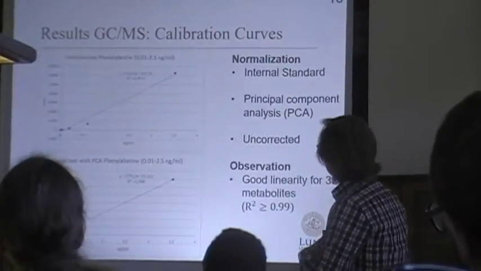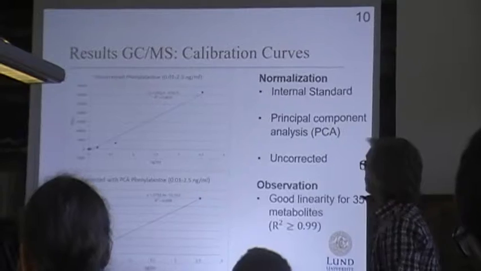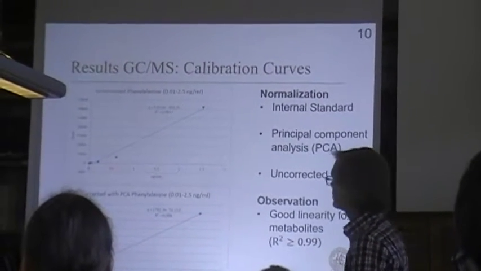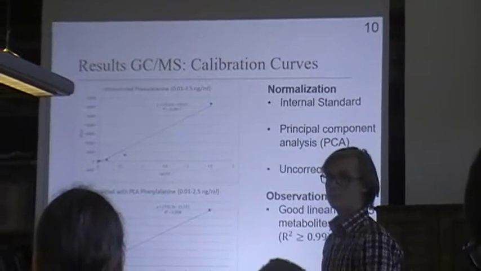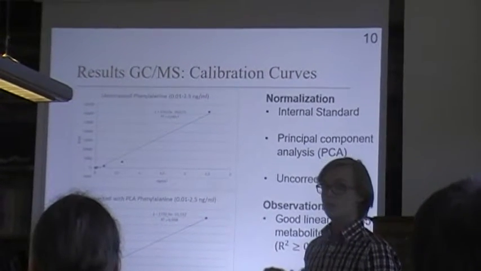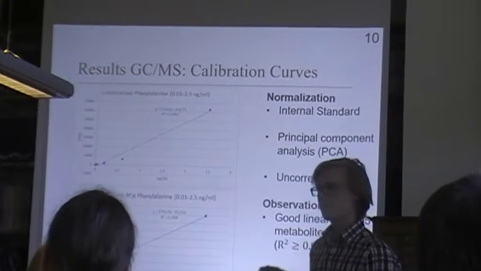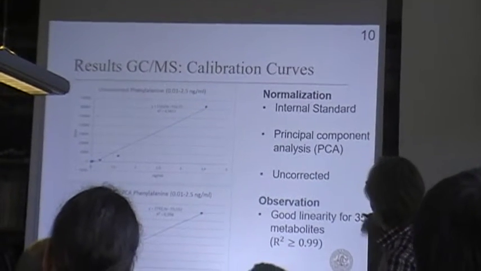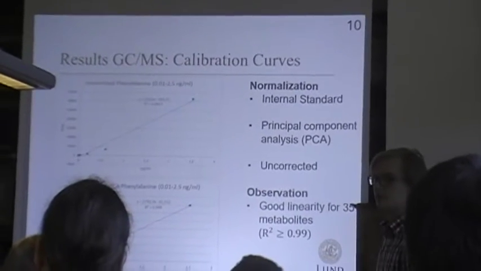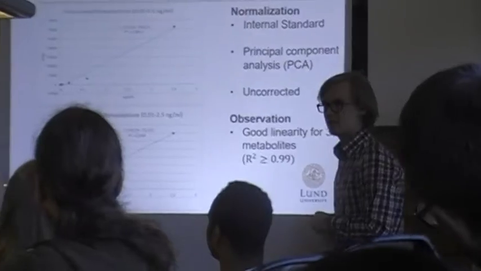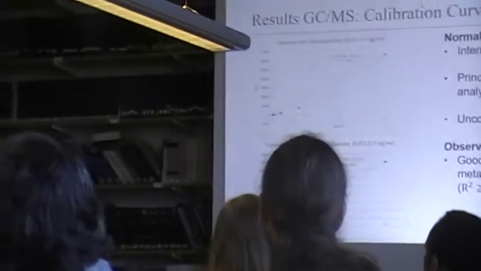We can also take a look at results obtained from the calibration curves, and it became quite obvious early on that the obtained integrated peaks for each metabolite would need to undergo some kind of correction procedure through different normalization techniques. The ones I would use is either internal standards, if I had it for the metabolite, scores from a principal component analysis, or in some cases it was just best to leave the data uncorrected because that produced